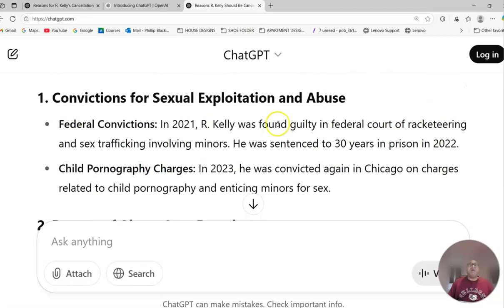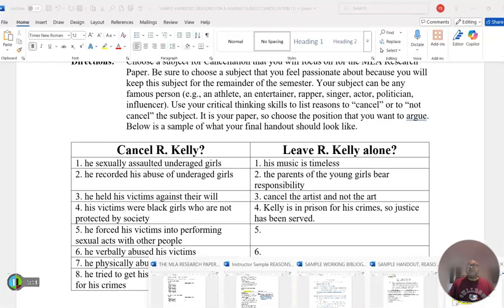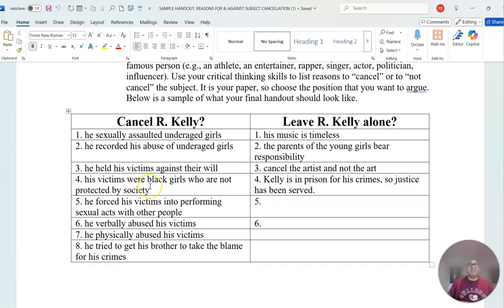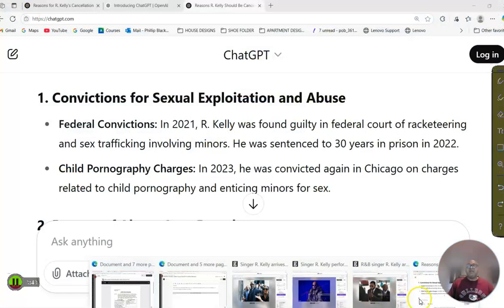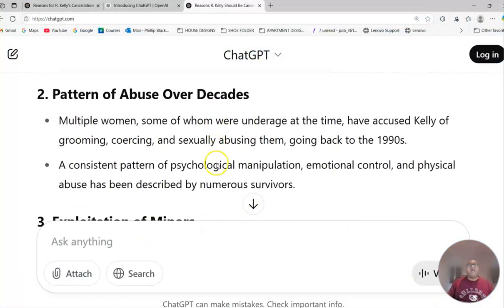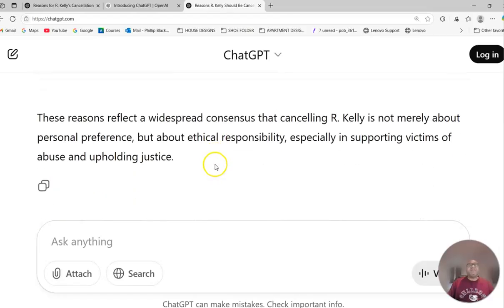But if you're having a problem, if your ideas are overlapping, like the ones that I came up with, my ideas were really overlapping. All of these things, I said the same thing over and over again. So I can use ChatGPT to help me refine what it is I'm talking about. And so I have 2 parts to the paper. The second part of the paper is to get my opposing view. So again, I'm going to ask ChatGPT just to generate a list of reasons that, I don't know why I keep misspelling that, R. Kelly